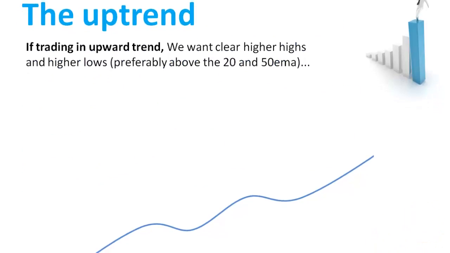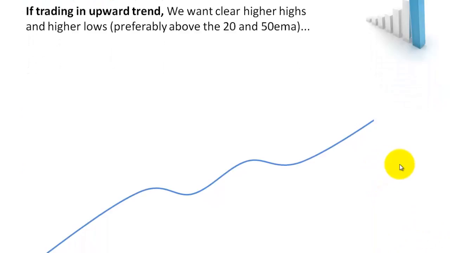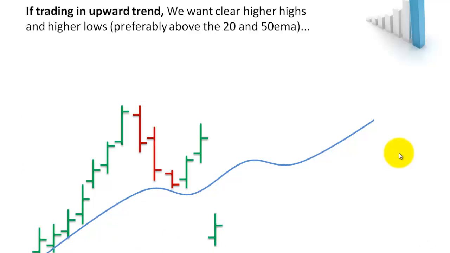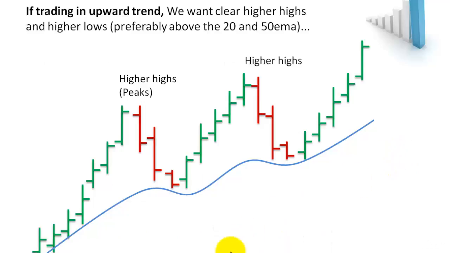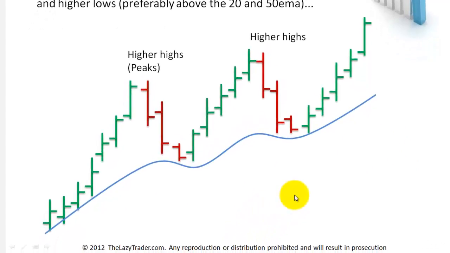So in this instance here, we have in this example an upward moving average tracking the price action. The price action is moving upwards, the moving average will move upwards. Price action is the leading indicator, and the moving average will always lag to a degree because it is based on the averages of the last 20 days in this instance. If this is the 20 moving average, which it is, and generally the smaller the moving average, the tighter it